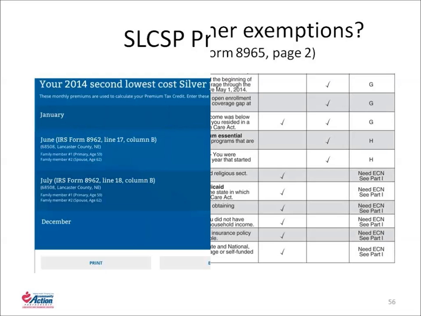We get the zip code and county, and then this one doesn't have the select all months. You have to select each month. Why? I don't know. I guess they had two different programmers do it. So you're still going to get a similar display as you did before, and go ahead and print out the screen for the quality